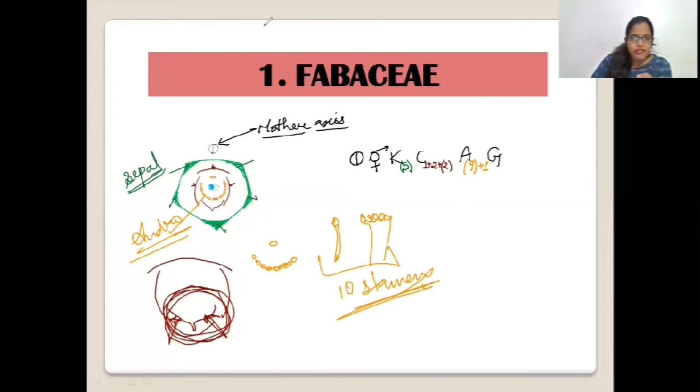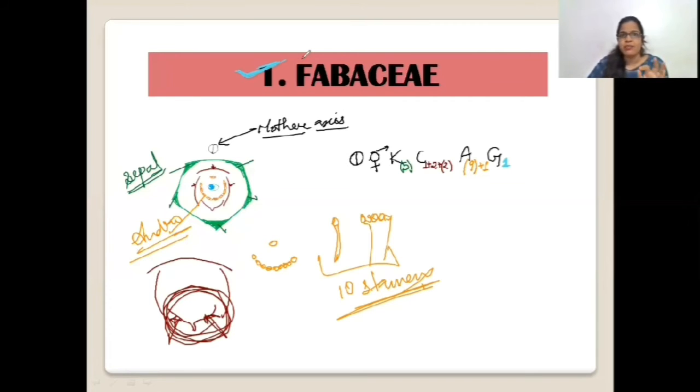Clear? Now after this, we are supposed to write for the ovary, and I'll select the blue color. Now the ovary, as you can see, there is one unilocular ovary, that is G is 1. Now here you get something to remember easily. Gynoecium 1, the number for Fabaceae, which we are studying, is also 1.